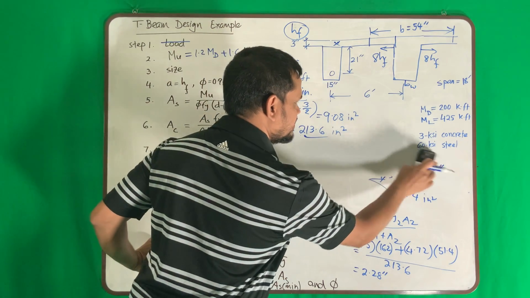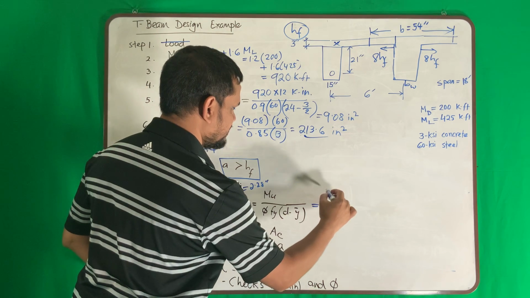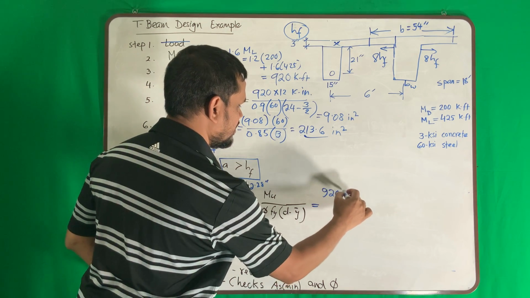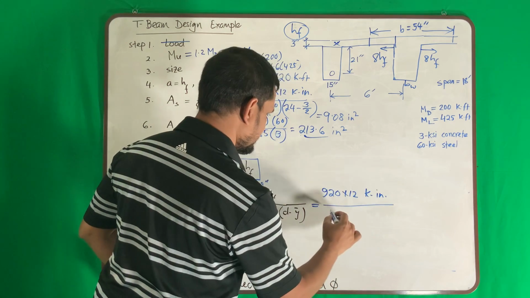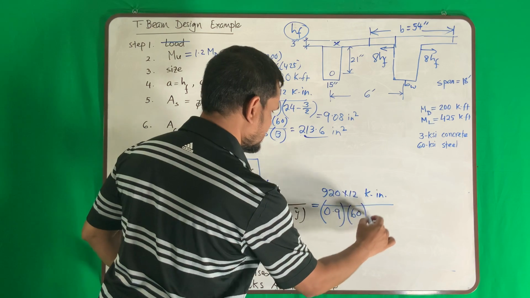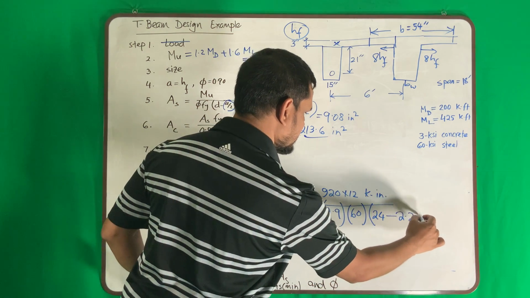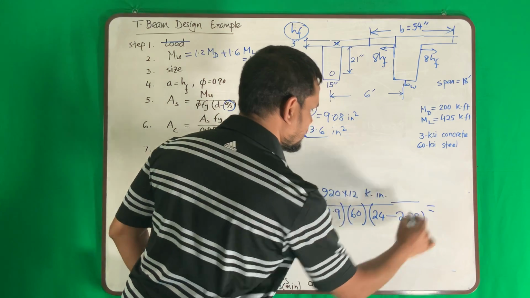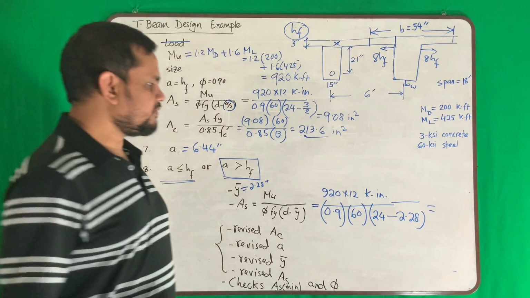Okay, so I will erase this portion. So revised reinforcement will be 920 times 12, keep inch, divided by 0.9, then 60, d is 24, Y bar is 2.28. Then my revised reinforcement is 9.41